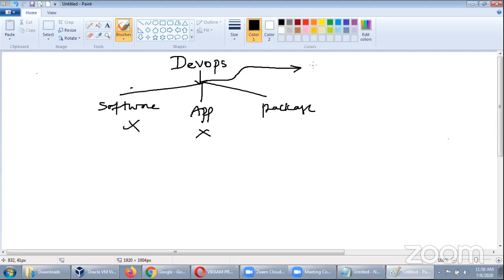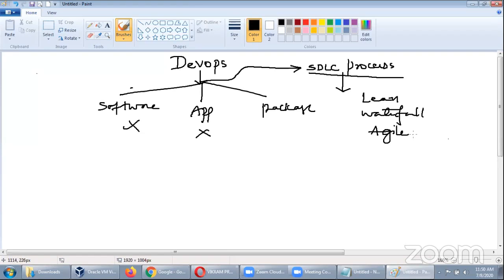This is a kind of SDLC procedure, a new process that has come up in the industry, which talks about making things better. Already we have a lot of SDLC models in the industry, like Lean, which we started with initially, then we came up with Waterfall. Then we have something called Agile, right? A lot of models came after Agile, DevOps has come, a lot of models.